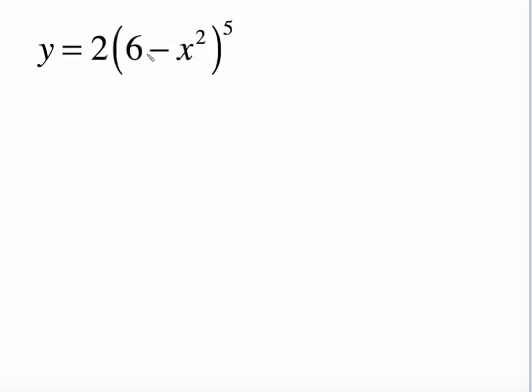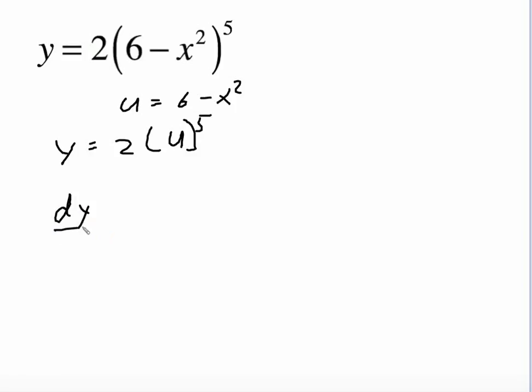infinitely easier to do. I'm going to say u is equal to 6 minus x squared. So y is equal to 2u to the 5th. Now I'm going to go back to that dy du times du dx equals dy dx. So if we're going to try and find dy dx, that is dy du times